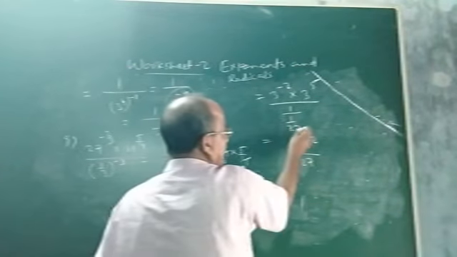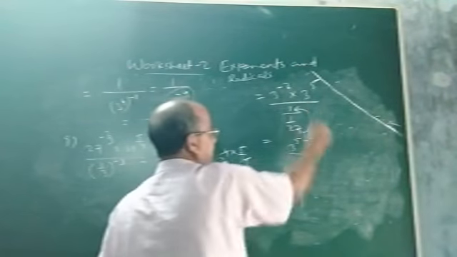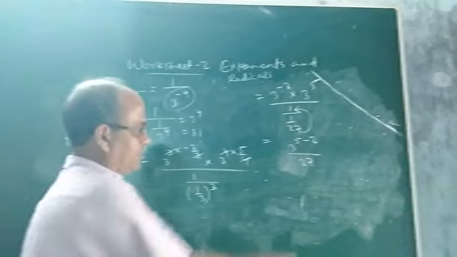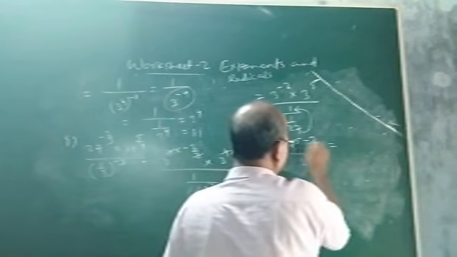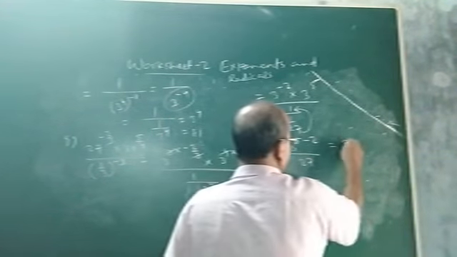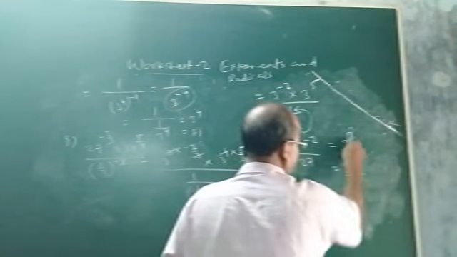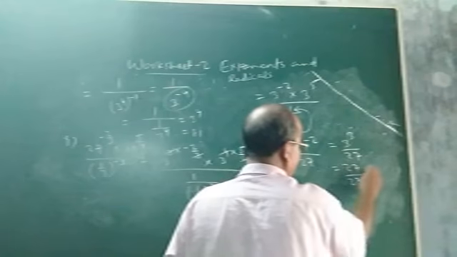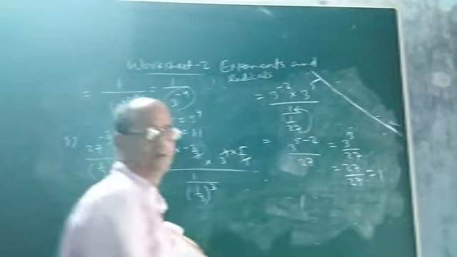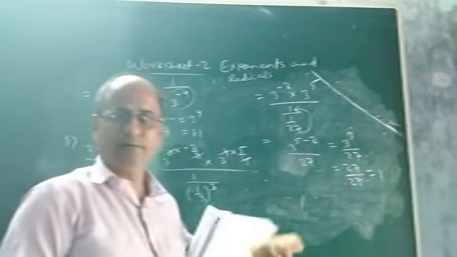1 by 1 by 27 means this 27 will be multiplied here. Okay, so that it will be 27. So this is 3 to the power how much? 3 by 27. So 27, 3 to the power 3 is 27. 27 by 27, the answer is 1. So what will be the answer? The answer will be 1.